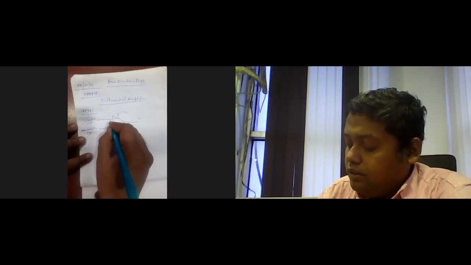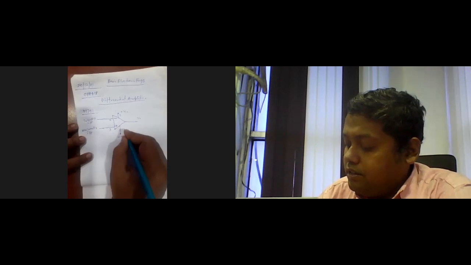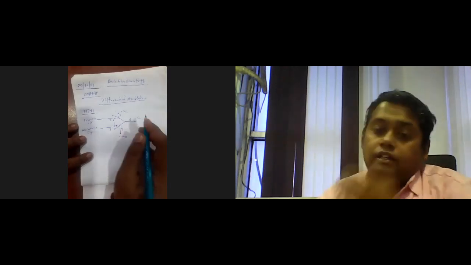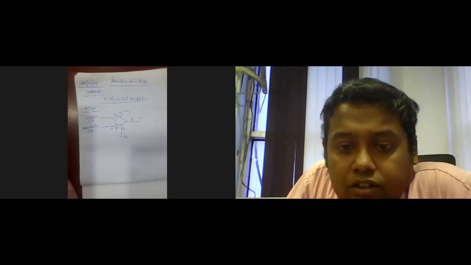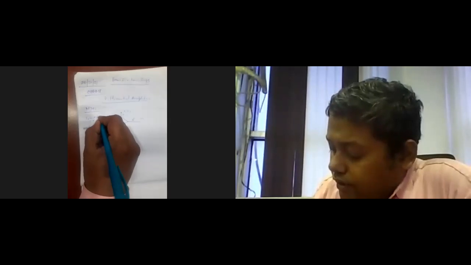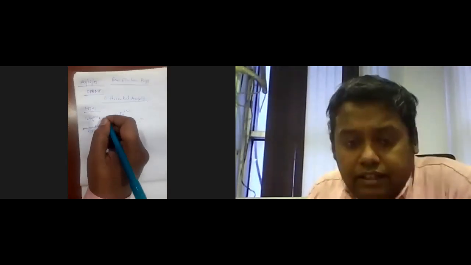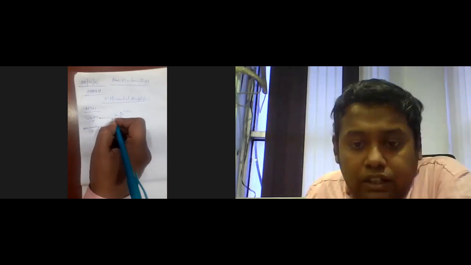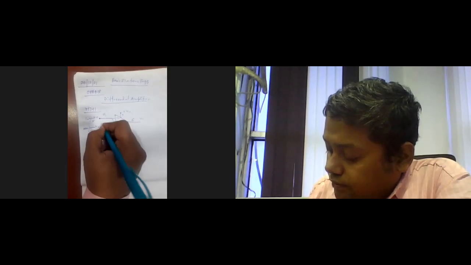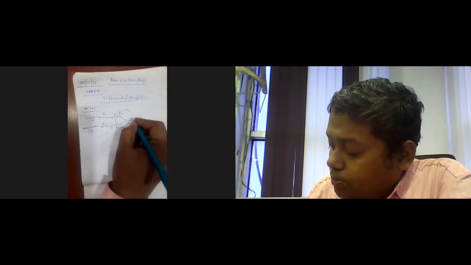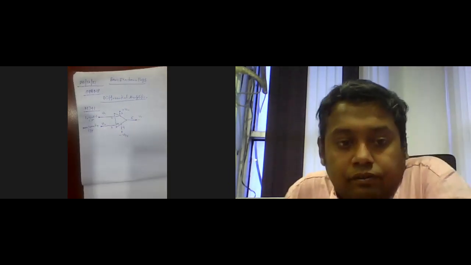This is pin number 2, this is pin number 3, this is pin number 7, this is 4, and this is pin number 6. This is the pin configuration of the operational amplifier, and we will apply a voltage simultaneously for both the inverting and non-inverting terminals, that is V1 and V2, and we will take the output at pin number 6.